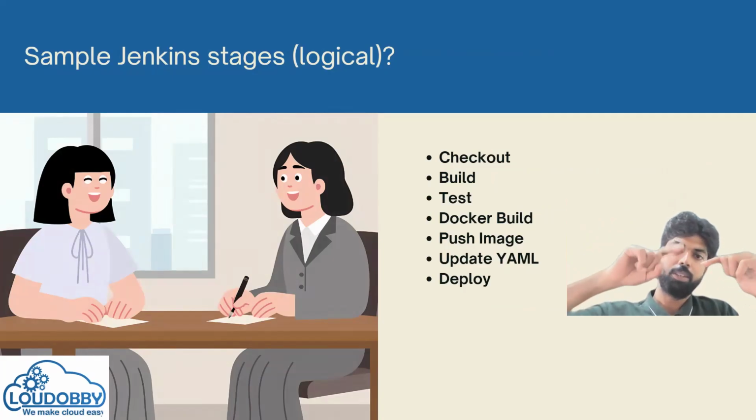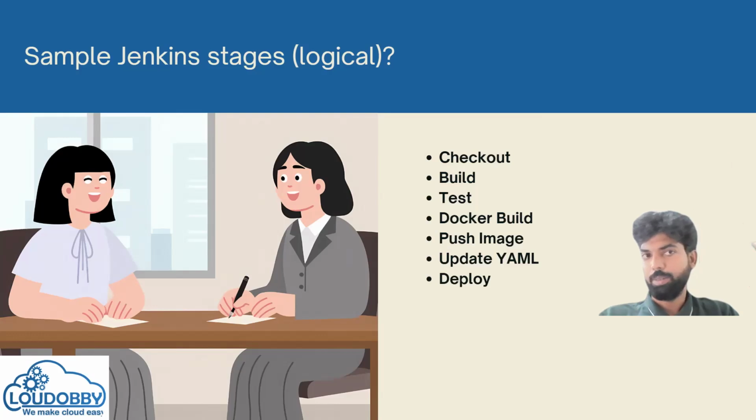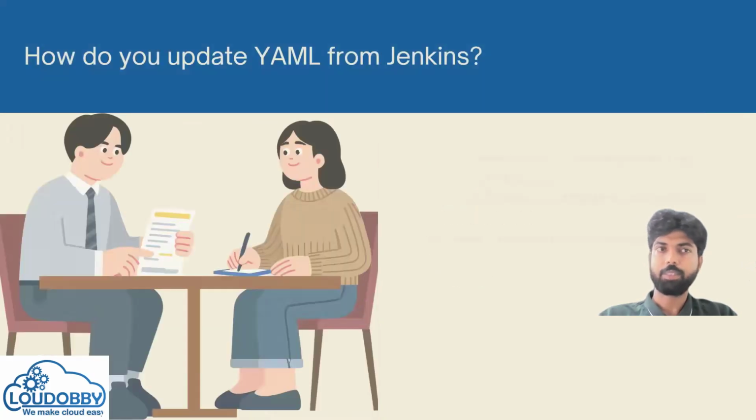Okay, it will show checkout tick, build tick. If there is a failure in Maven, the build will stop. It will fail, and the rest of the steps will also be stopped. Okay, so you have to be able to explain this. If they ask if you have used Jenkins, have you configured Jenkins, then you can say these are the stages I have configured.